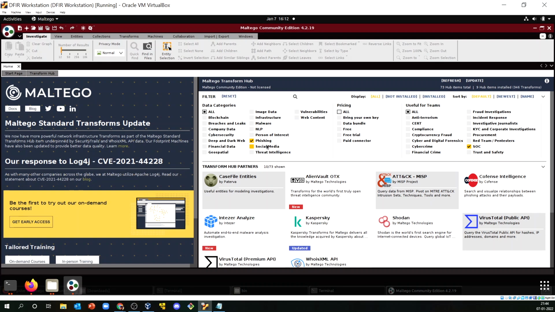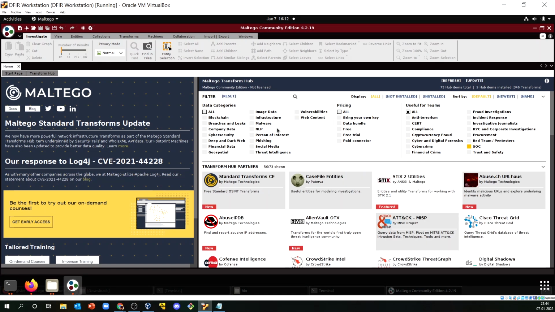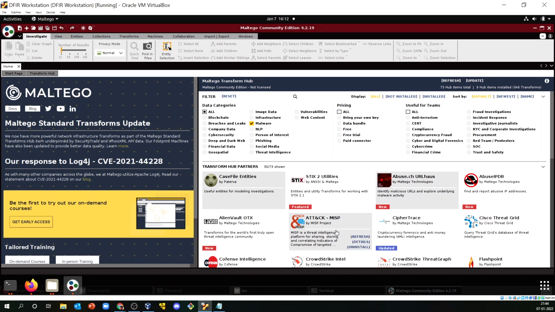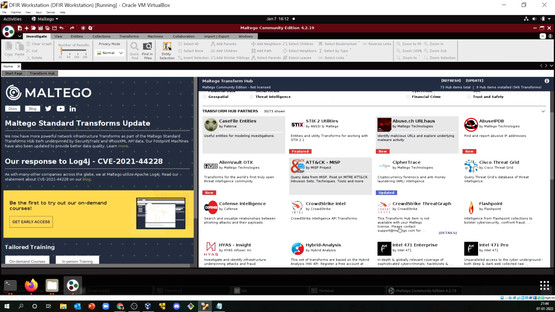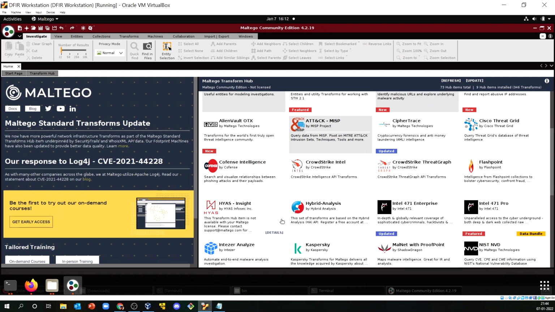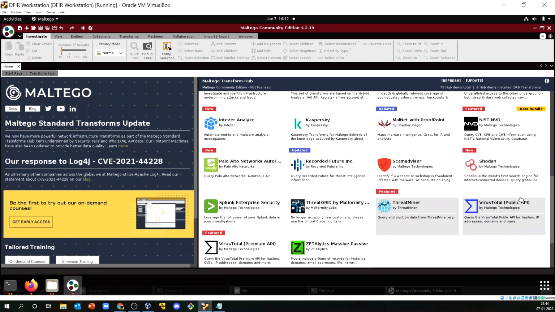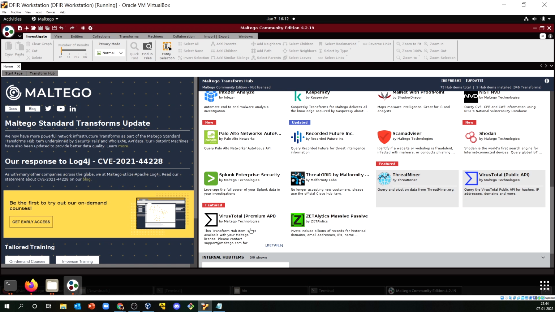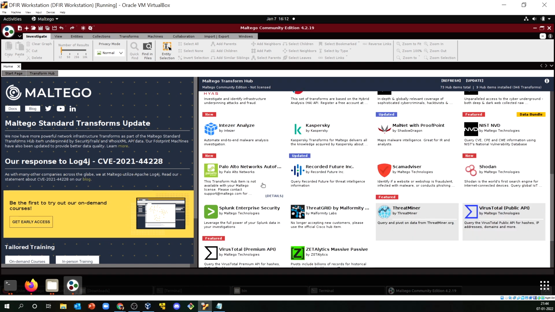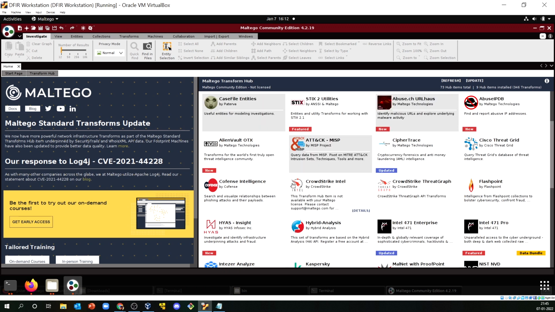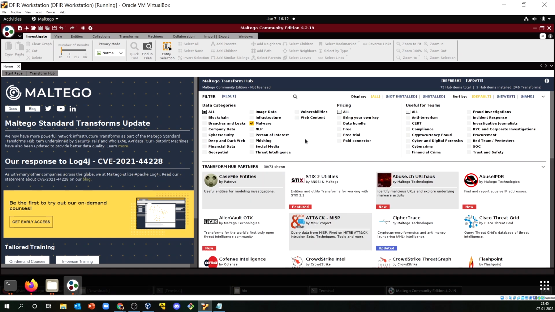If you need something else, like if you want to do some malware research, you will see there are multiple options like CrowdStrike Intel, CrowdStrike ThreatGraph, Hybrid Analysis, and Threat Miner. I have this particular thing installed. VirusTotal Premium, if you have that service, you can have it, like Palo Alto, and depending. So this is not only limited to any particular area. You have a slew of options available to leverage for a defense mechanism. That's our motive.